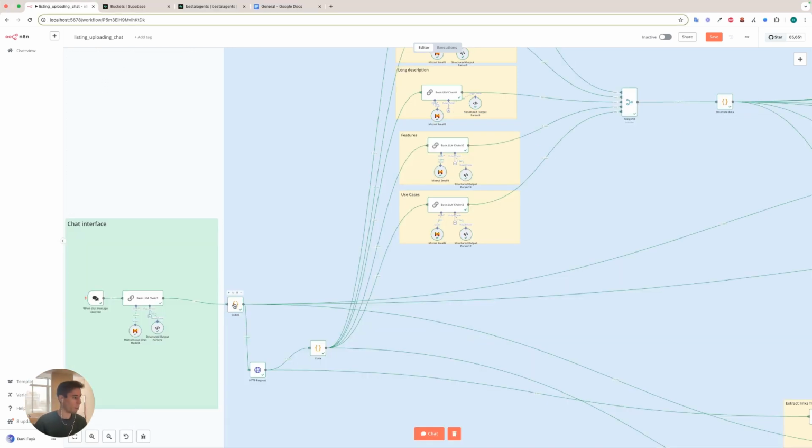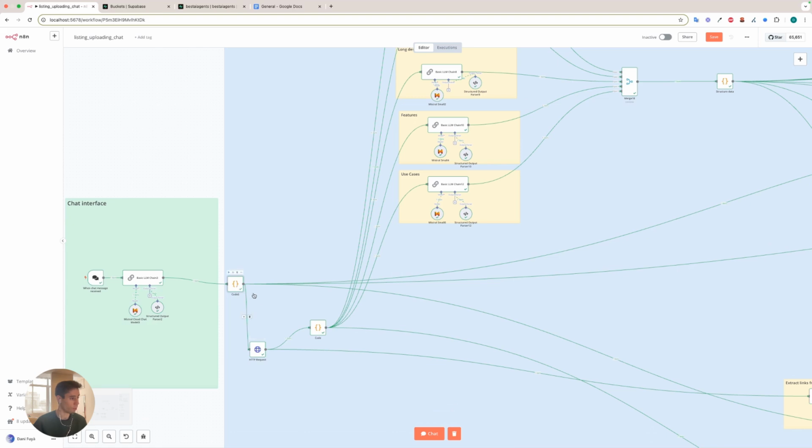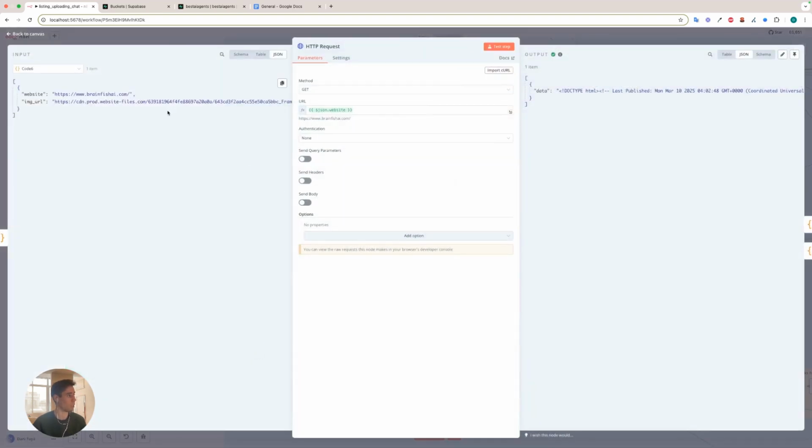Immediately after the LLM output, what we have is a block that modifies a bit the structure of the output. The output of the LLM is an object with a key output, and here we are applying a custom code to remove this key. So this way it's easier to use these inputs in the following blocks. In the end, the data is the same. So immediately after this block, we do an HTTP request, and here we are calling the website, and we are